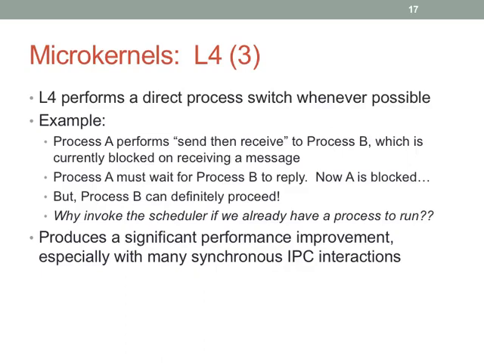B could be in the middle of doing something else, but let's stick to single core just to make our life simple and say B, we know it's blocked on a receive. This is a lot of simplifying assumptions. And we also know that we can give it the CPU because it's not on some other CPU in a multi-core system. And it's also not preemption. Yeah, preemption is the big question here. We're making a giant assumption that process B is the best process to get the processor next. By not invoking the scheduler, we don't know whether that's the case. That's an issue here.